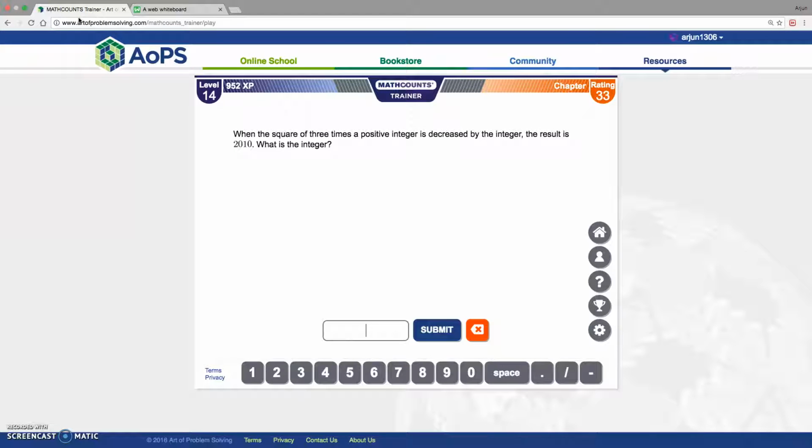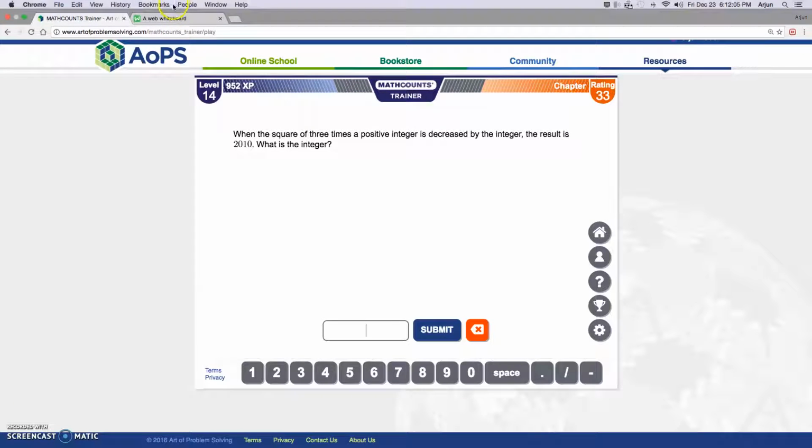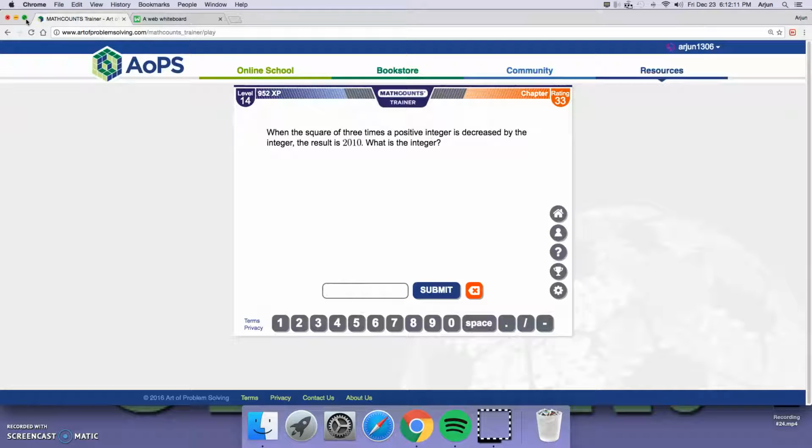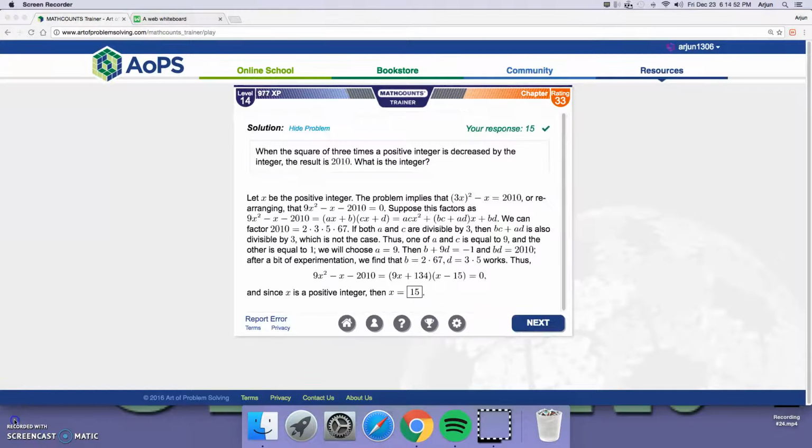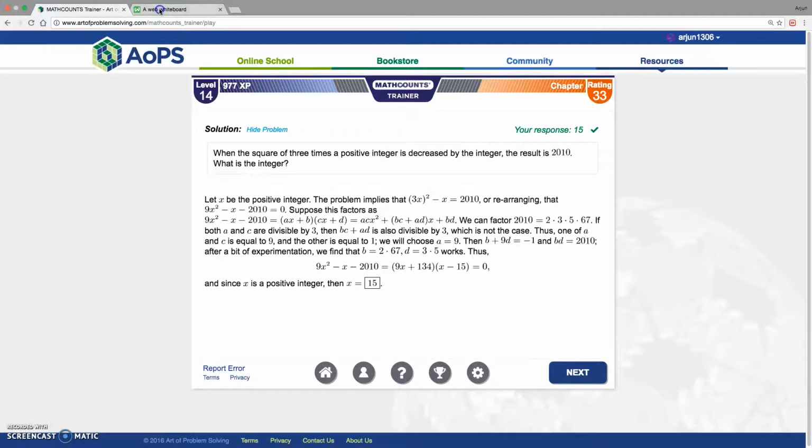When the square of 3 times a positive integer is decreased by the integer, the result is 2010. What is the integer? Now I'm going to stop to think about it for a while, and you will too, and we'll be right back. Somehow I pulled it off and I got it right. So before we look at the answer, let's try this on our own. I bet you guys paused it and looked at the answer. Thanks. Anyway,